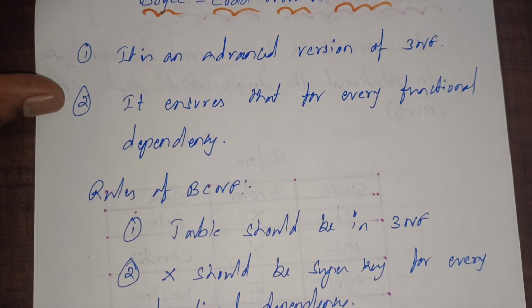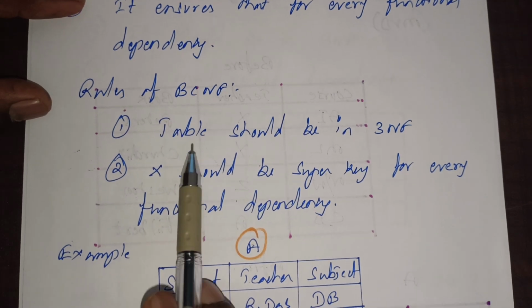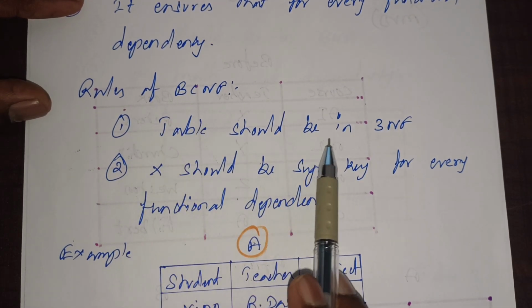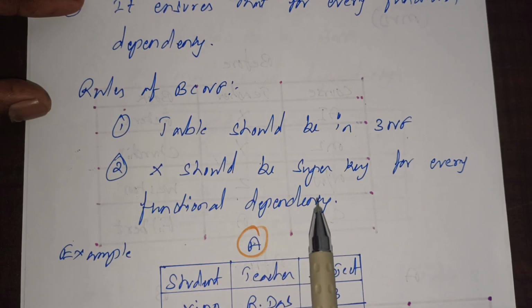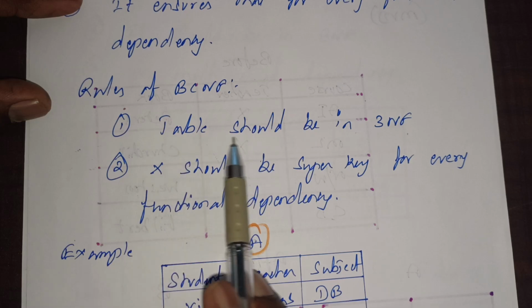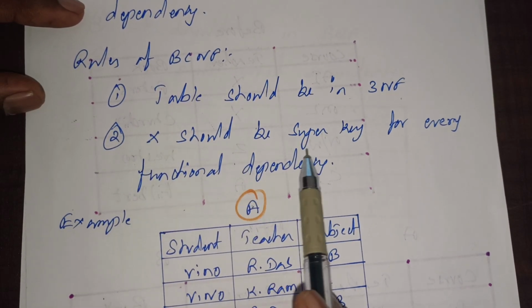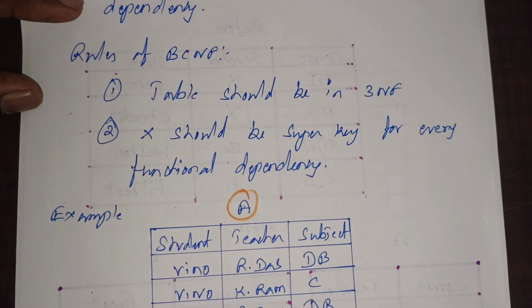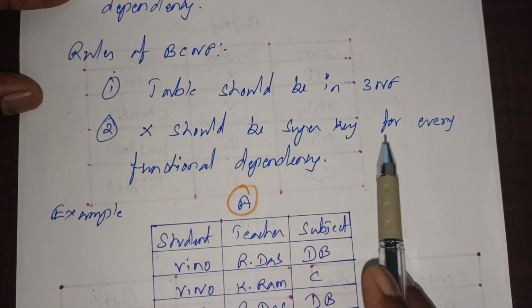Now we are going to check what all the rules are for this functional dependency. Rule number one, the table should be in 3NF. I already told you, this makes the database design more robust and easier to maintain over time. That is the reason the table should be in 3NF. And X should be a super key. Any column in a particular table needs to be selected as a super key for